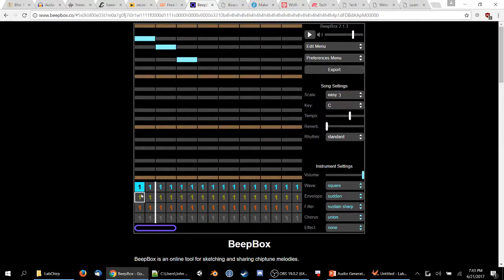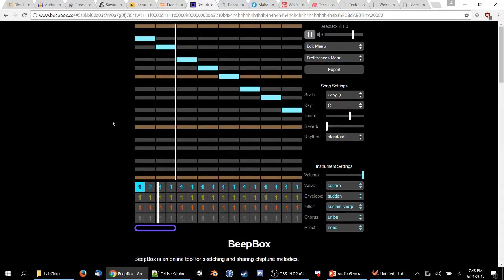So there's this purple bit here. This is the duration of the song. If you notice, there are these ones, and one of the ones is highlighted. If I go to 2, suddenly it's all blank. But if I click on the ones, this is a chunk of music that you can create, and you can get pretty complicated. You've got a lot of space here to mess around and play around with. If I was just going to mess around here, you can just see what happens.